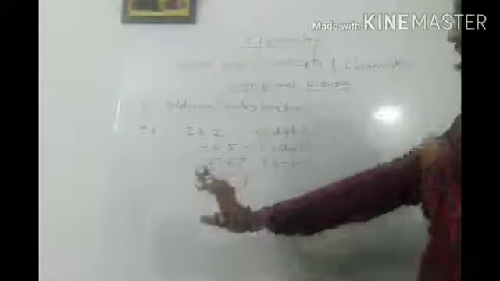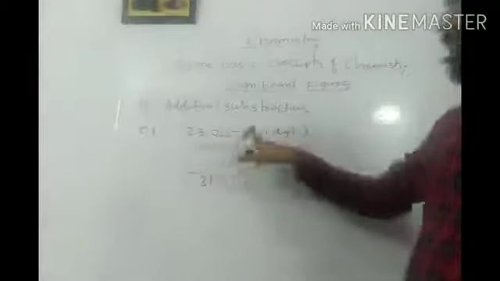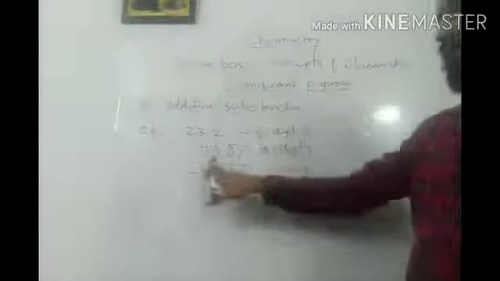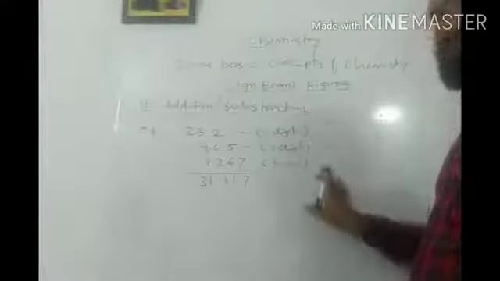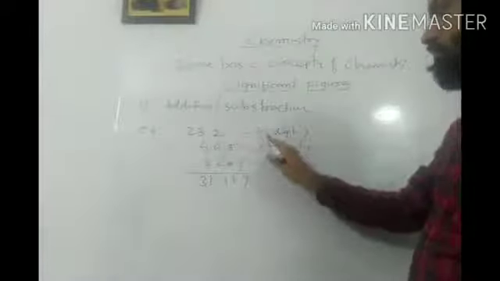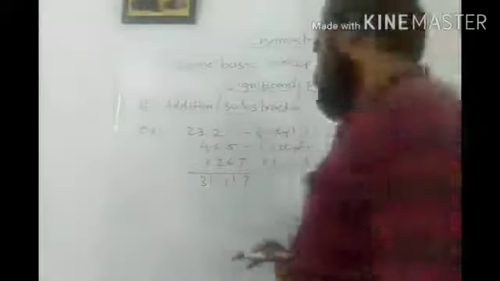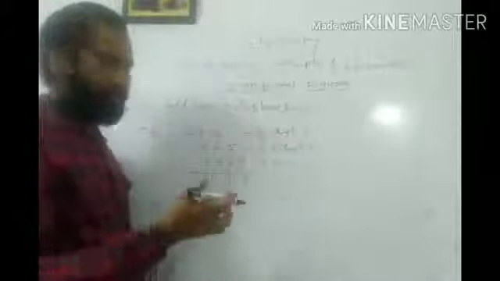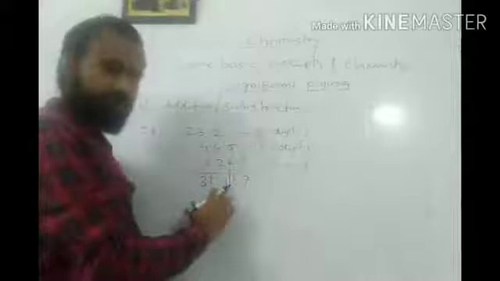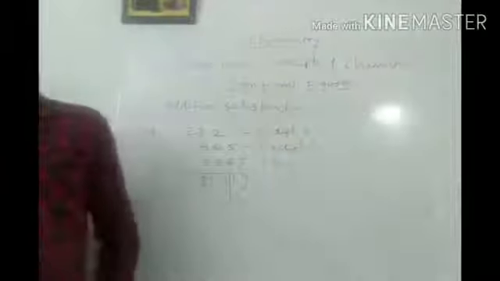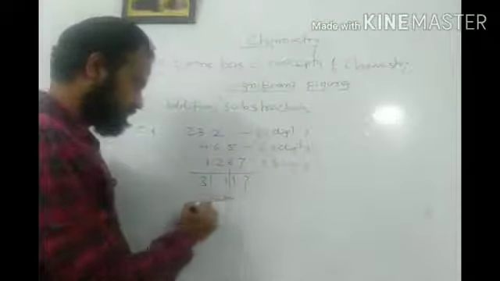So in this way, if we see the first figure, after the decimal point 1 digit is there. Okay, for this example 2 digits are there after the decimal point, and here 3 digits are there. Now out of these 3 we have to consider the minimum digits. Here in this example 1 digit is there after the decimal point, so we have to restrict our answer up to this 1 digit. Considering these 3, the minimum digits after the decimal point are 1, so I have to stop after 1 decimal place.